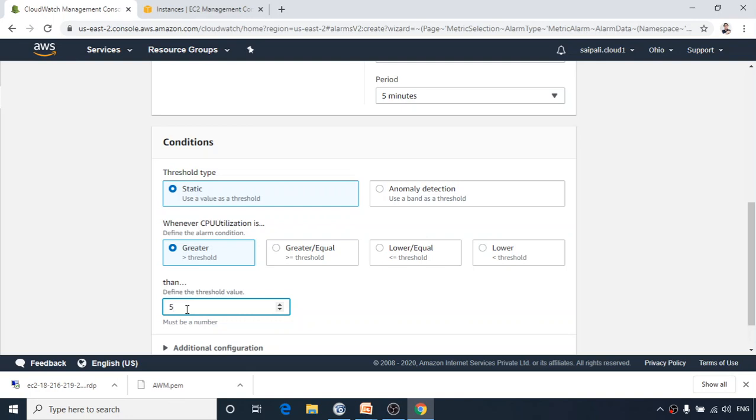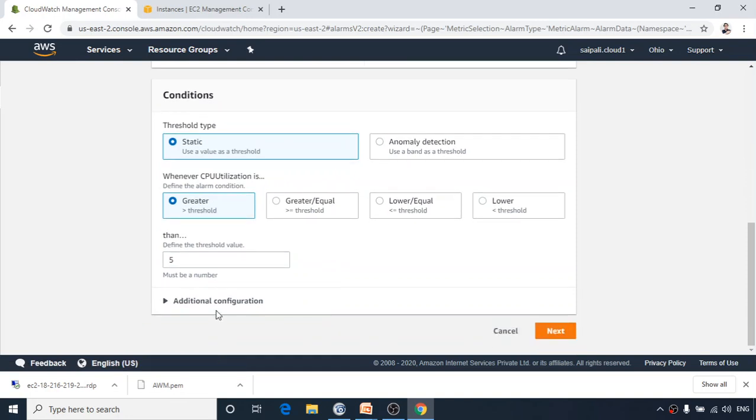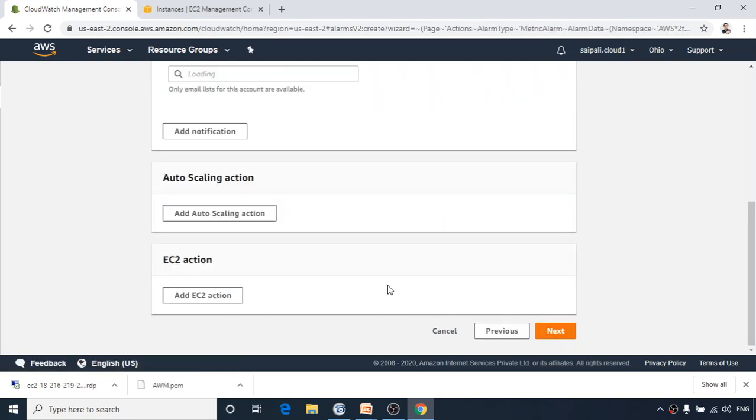That is the threshold value. Here you are defining it in percentage, so I have chosen 5. Any additional configuration right now? No, I just want to go with next. Greater than 5, that is what I have chosen. Go with next.